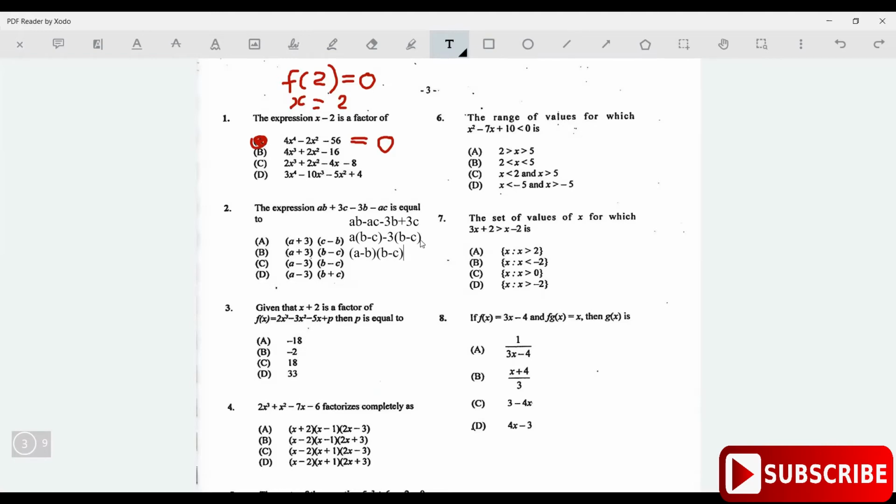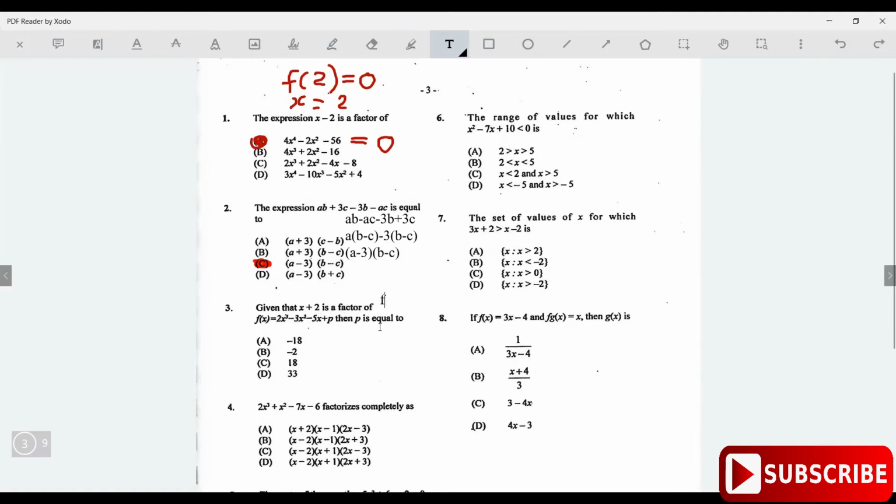Now that option is A minus 3, actually, A minus 3, sorry. A minus 3 times B minus C. A minus 3 times B minus C is option C. Easy. Next question. It says, given that x plus 2 is a factor, then that means f of minus 2